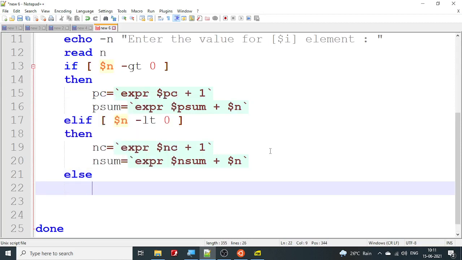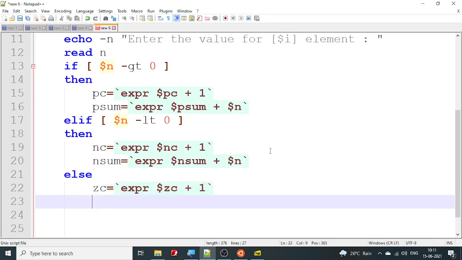Okay, else part, if the number is not positive, the number is not negative, then if it is a number, it must be a 0. So I'm going to say 0 count equal to expr $0count plus 1. Okay, then I'm going to close the if statement.